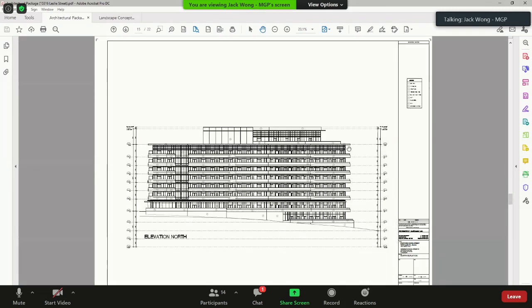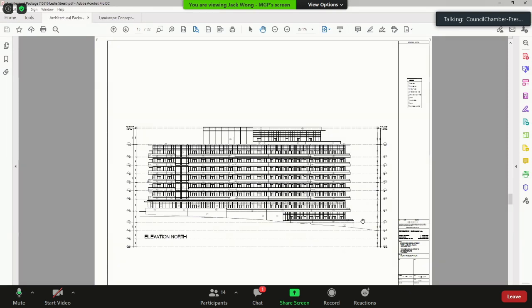So on the west portion of the building, you will be seeing an 8-story condition, given the grading, which slopes significantly downwards as we go west. So it's 8 stories, almost 1/3 of the building.